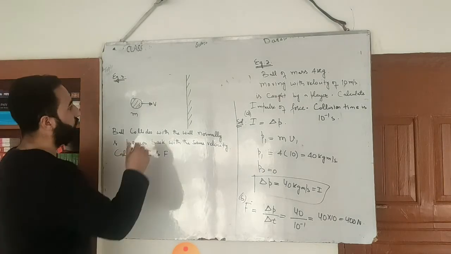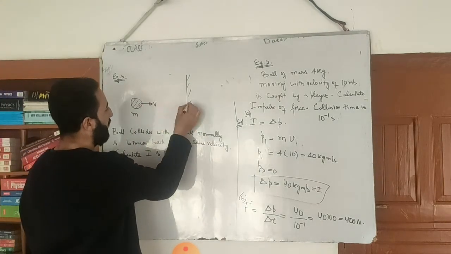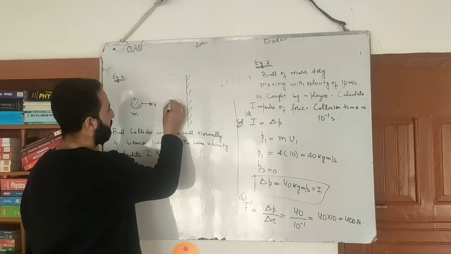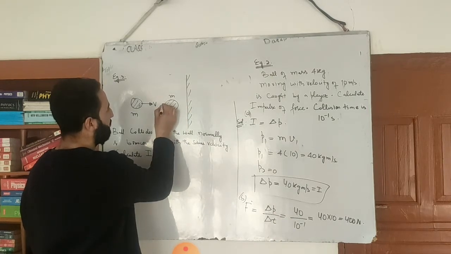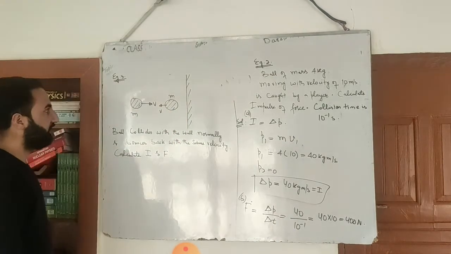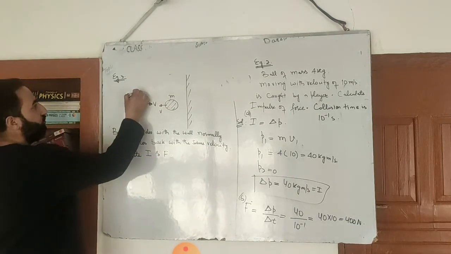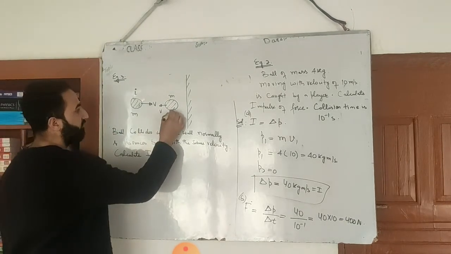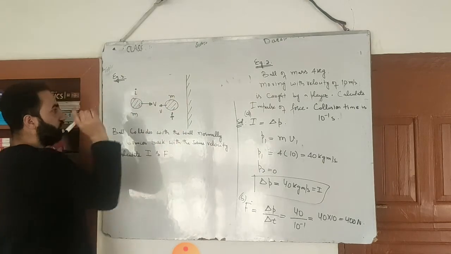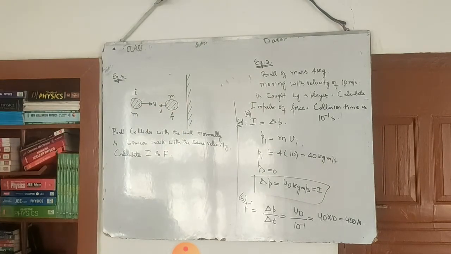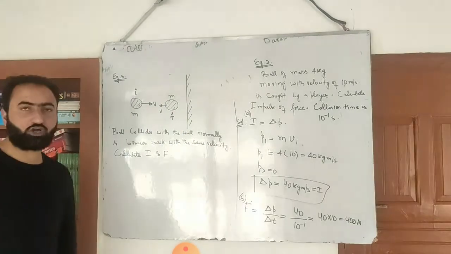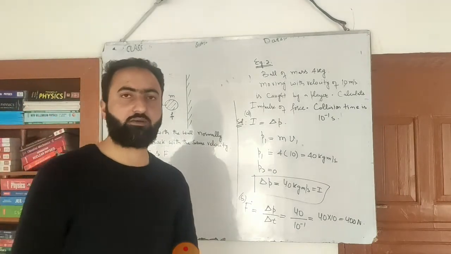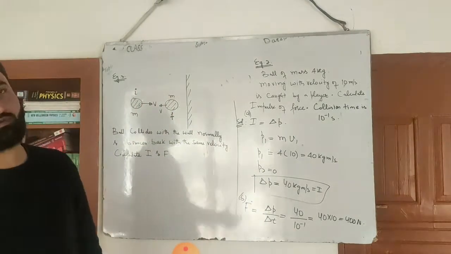Now if it collides, it will bounce in the backward direction, so after collision this ball will be somewhere here, its mass will be m, and this will be the velocity v in the backward direction. This is the initial snapshot, so here I will write I, and this is the final snapshot after collision, this is before collision. Okay, so again we'll use the impulse momentum theorem. First of all, calculate the change in momentum, that will in turn be equal to impulse, then from there you can calculate the force as well.